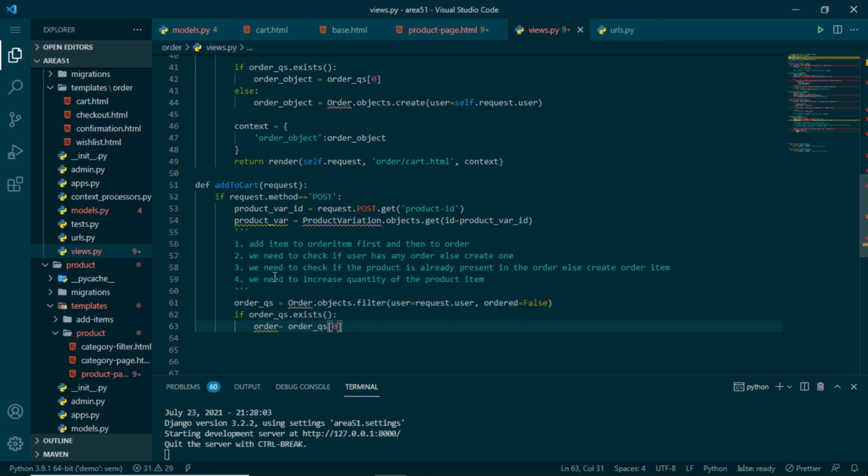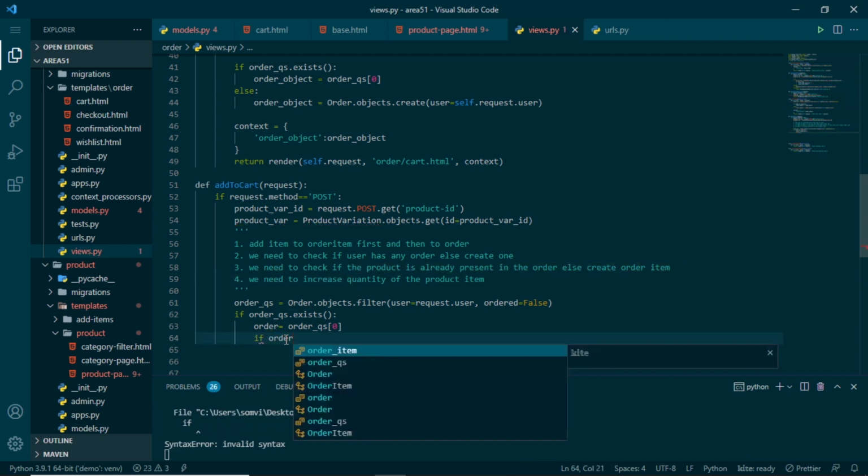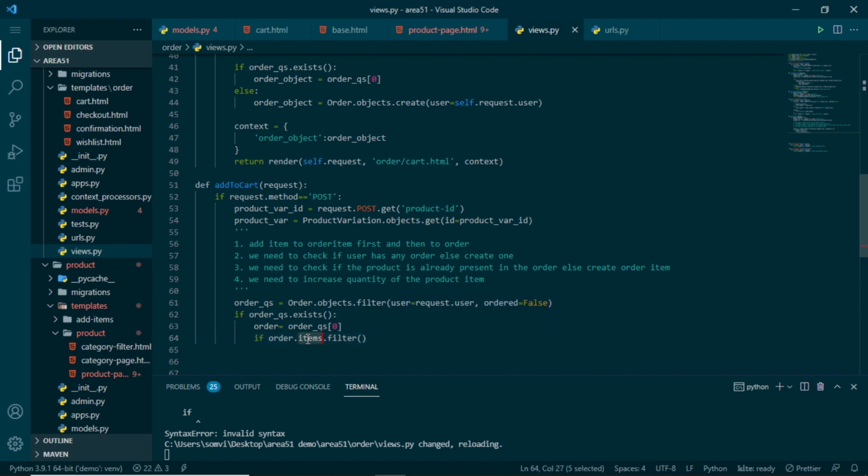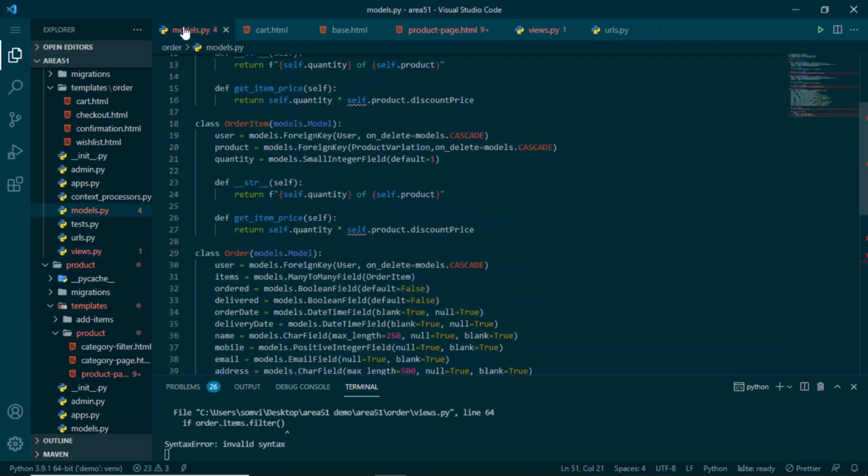Now we need to check if this order item is present in the order or not. For that, we will use an if statement and I will use order.items.filter. Here I am filtering into the order items. Remember in our models.py we have these items where we are using many to many field.